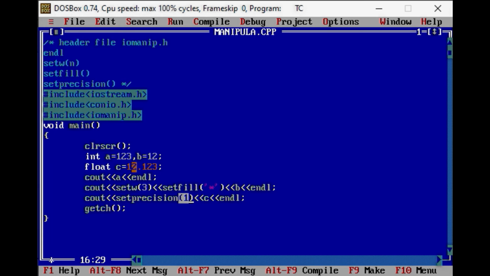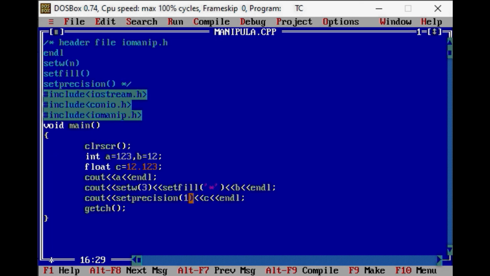So by this statement the precision is set to 1. That means we have a value like 12.123, and it will decide how many digits should be displayed after the decimal point. Here I have written 3 digits and I have set the precision to 1. So it will display in the output only 12.1. After the decimal point it will only consider 1 digit.